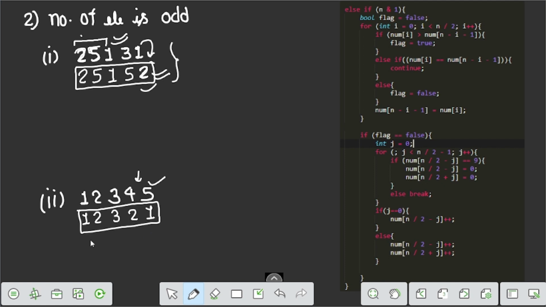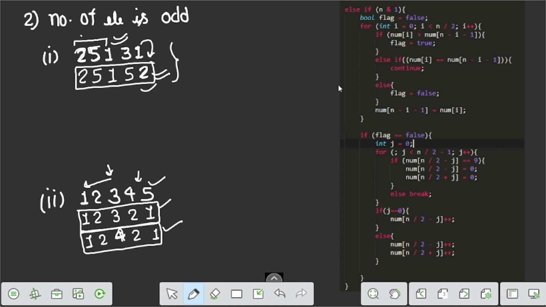If you want a greater number, what would be the next palindrome number? If we take 4 here, then the number becomes strictly greater than. So what will we do? We go to the middle element and from the middle to the first element. If we create a palindrome which is less than, then we increase the count.